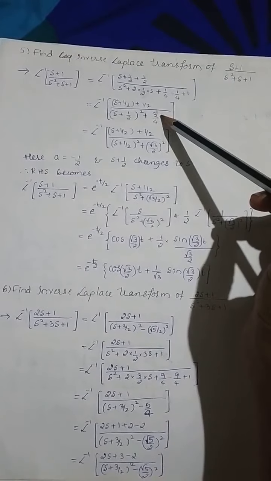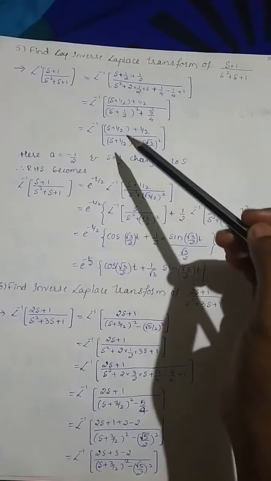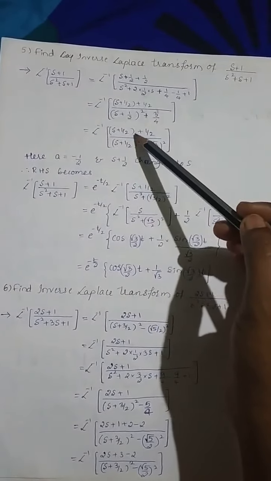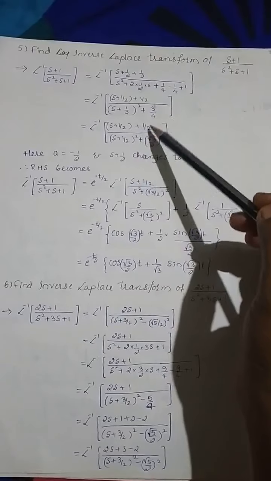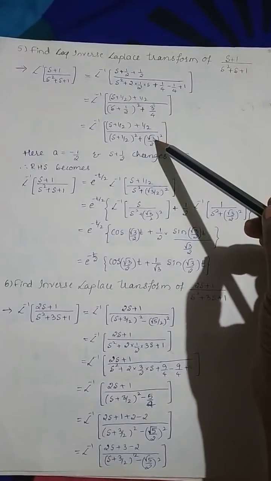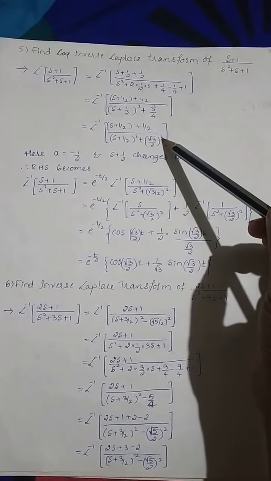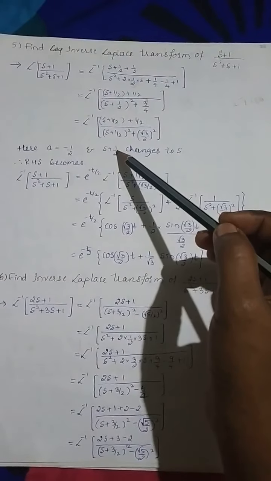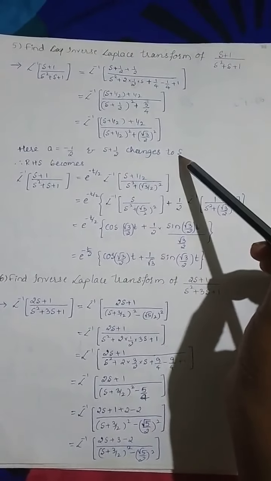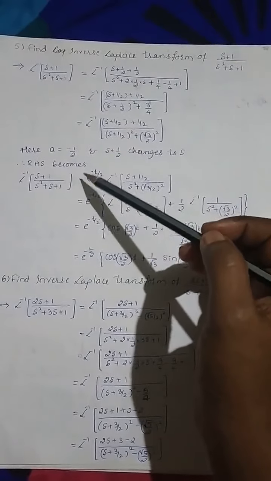I have obtained it as 3 by 4. That is L inverse of (s plus 1 by 2) plus 1 by 2 upon (s plus 1 by 2) whole square plus 3 by 4. I just wrote it as root 3 by 2 whole square. Here a is equal to minus 1 by 2 and s plus 1 by 2 changes to s. RHS becomes